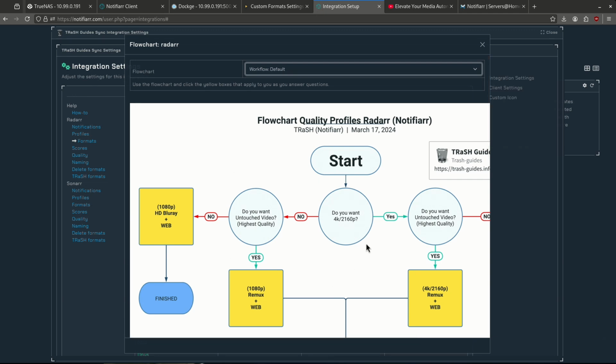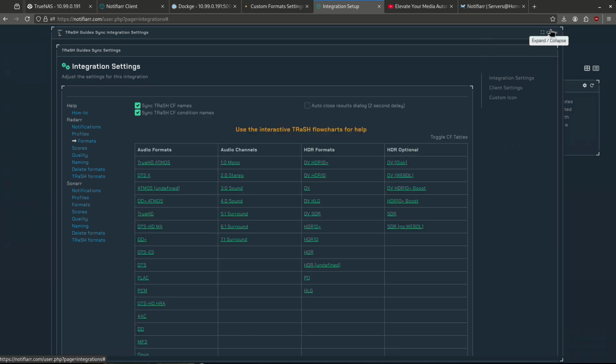In my case, I'm going to want to use regular 1080p video that's not very big, so I save hard drive space. It's going to ask me, do I want 4K? No. Do I want untouched video, highest quality? No, because I don't want remux. I want the HD, Blu-ray plus web. I'm going to close that out now that I know what I'm looking for,